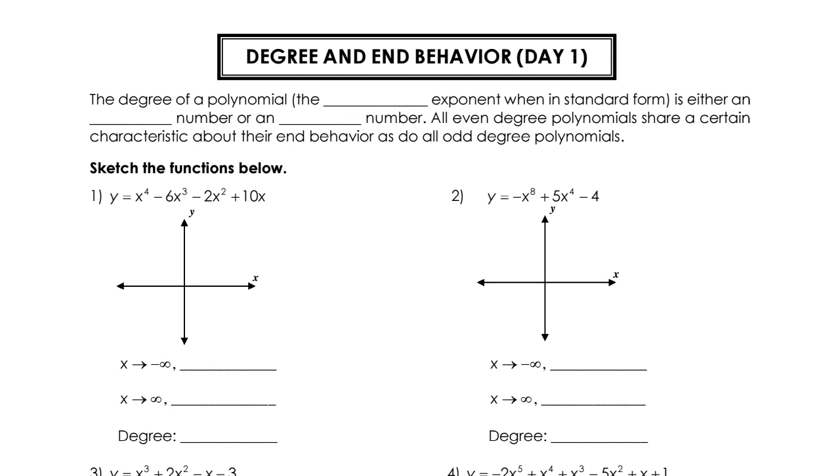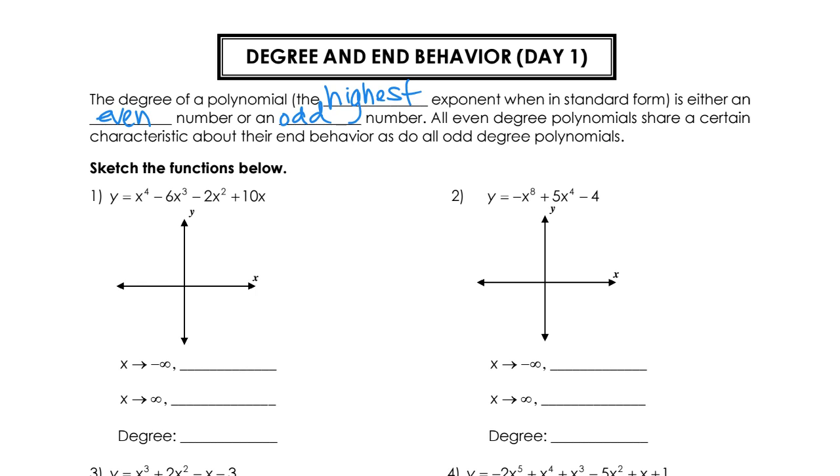Hey guys, we are on day one, and we're going to talk about degree and end behavior of polynomials, okay? And so the degree of a polynomial is the highest exponent when it is in standard form, okay? It's either an even number for your degree, or it's going to be an odd number, depending on the